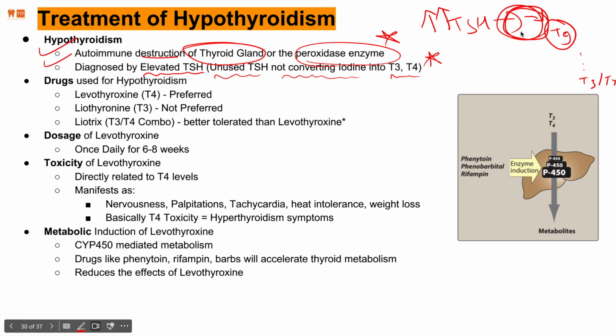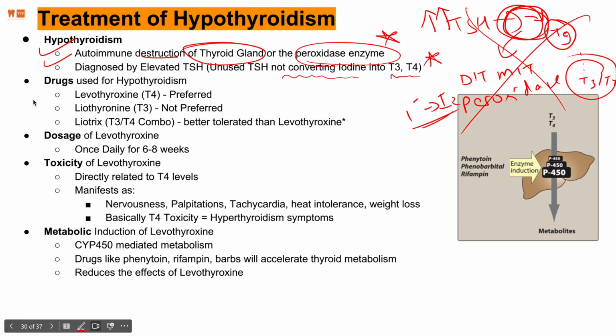Now, what was there? There were two things there. There was DIT-MIT conversion, and most importantly, there was peroxidase conversion of iodine into I2. Right? Imagine if all of this didn't exist. Well, then T3, T4 doesn't exist. And then the drugs used for the treatment of the same process, we have levothyroxine, T4, which is a preferred mechanism. Liothyronine is T3, not preferred as much because it gets metabolized really, really fast. And then Liotrix is a combo of T3, T4, better tolerated than levothyroxine, but let's just stick to levothyroxine